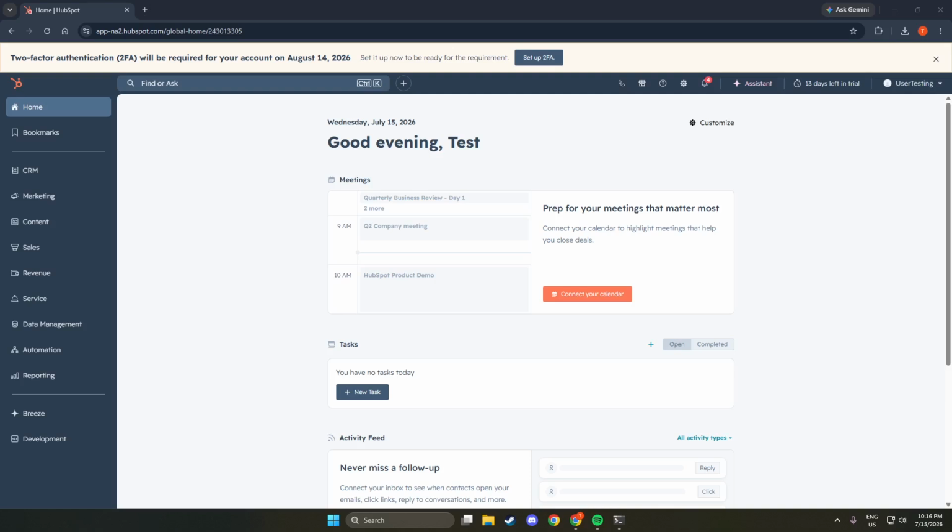Next, navigate to CRM and then select Contacts. You can find the CRM option on the main menu, usually located at the top of the screen. Clicking on it will reveal a drop-down menu. From there, select Contacts. This will take you to a list of all the contacts currently stored in your HubSpot